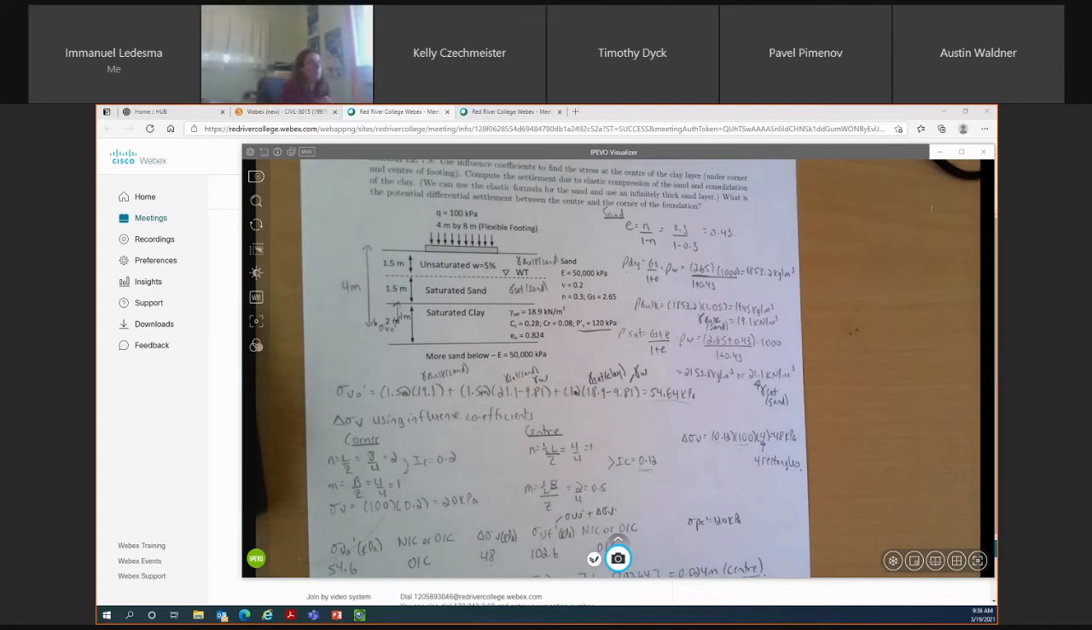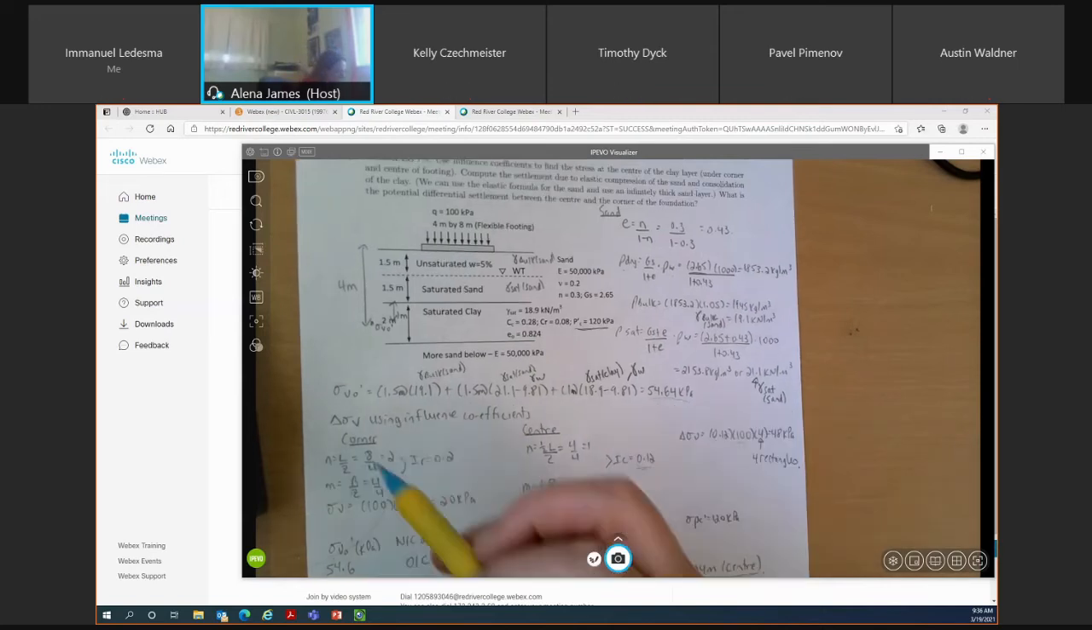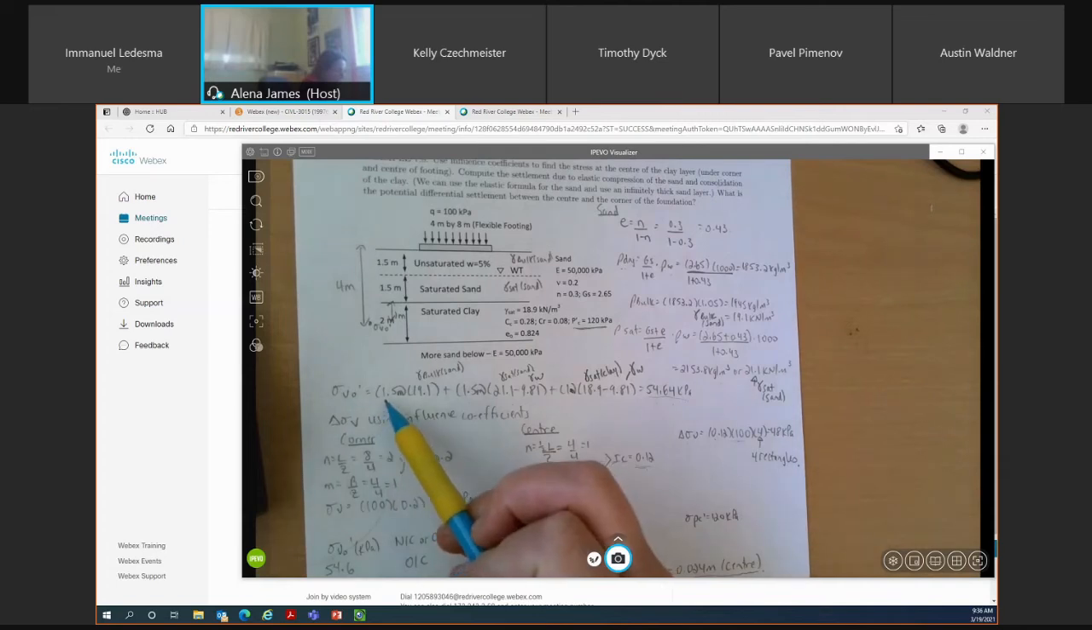At what depth below the ground surface, or where in the clay layer? Right, so you're going to calculate it at 4 meters below the ground surface, or 1 meter into that saturated clay layer. Exactly. So to calculate my initial effective stress, I know I have 1.5 meters of unsaturated sand, and